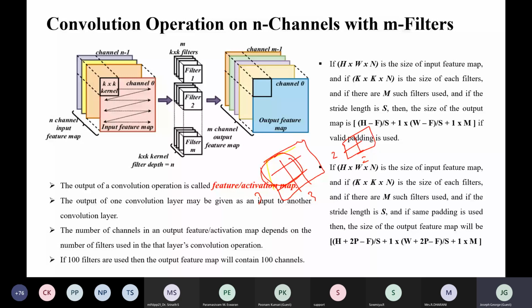So you will get a convolution map of size 2x2. Clear? So in general, we have a formula to calculate the size of the output feature map.